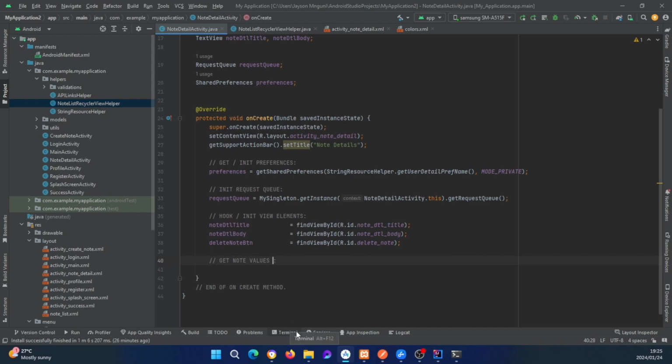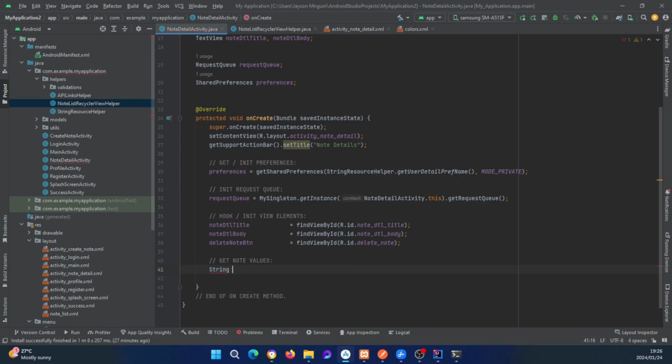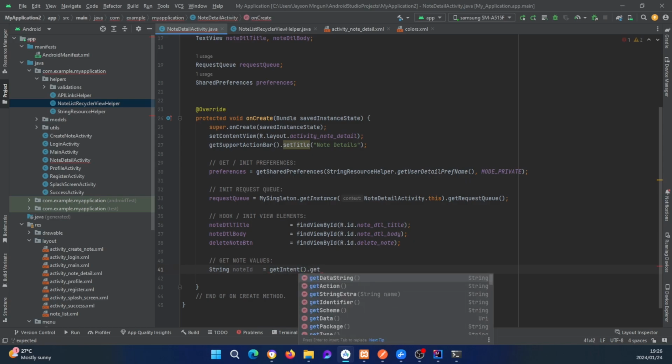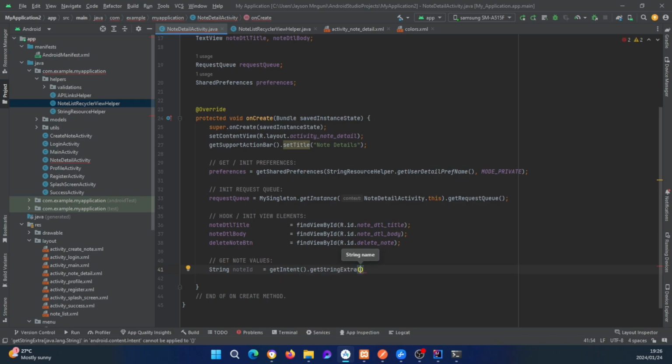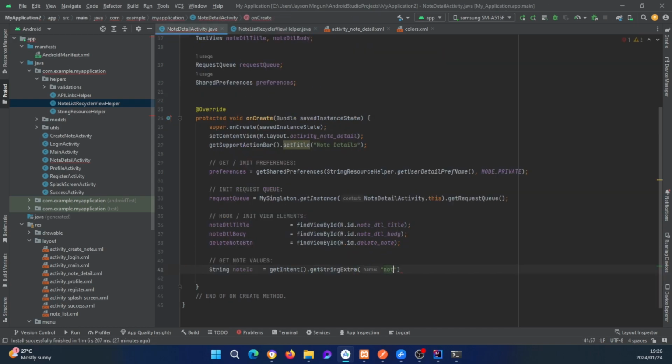So string nodes ID will equal to getIntent, and then remember the names of these are going to be node ID, node title, node body. So that's the names we're getting: nodes ID,